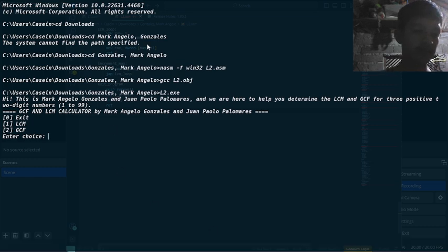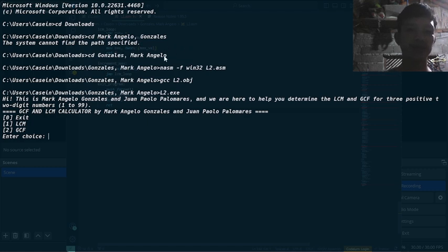Before we get started, let's compile the ASM file first. First, locate the folder where the file is located. It is in the Downloads and Marcangelo Gonzalez folder.